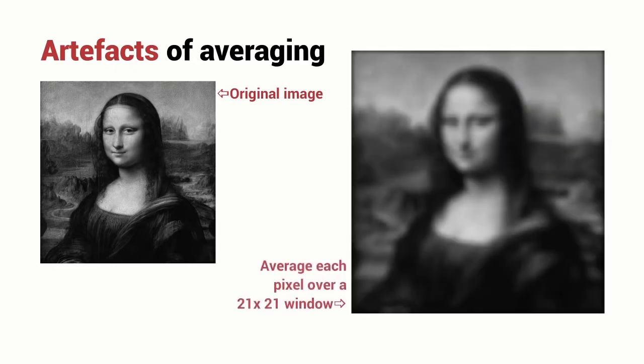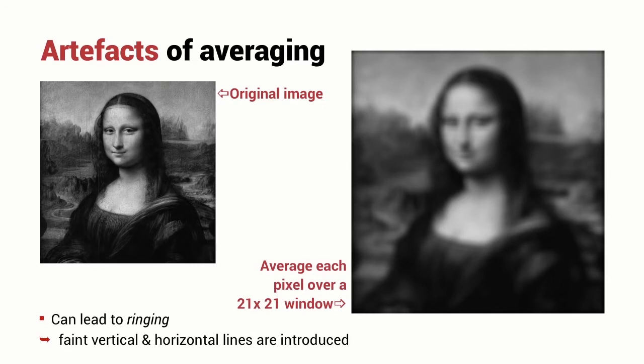Let's look again at the averaging process that we introduced a segment or two ago. Here we have our original image of the Mona Lisa, and here we have the version of the Mona Lisa where we have applied an averaging over a 21 by 21 pixel input window. What can happen when we perform the average over a square window? It leads to an artifact in the image called ringing. It introduces very faint vertical and horizontal lines, and we can see a few above her lips and above and